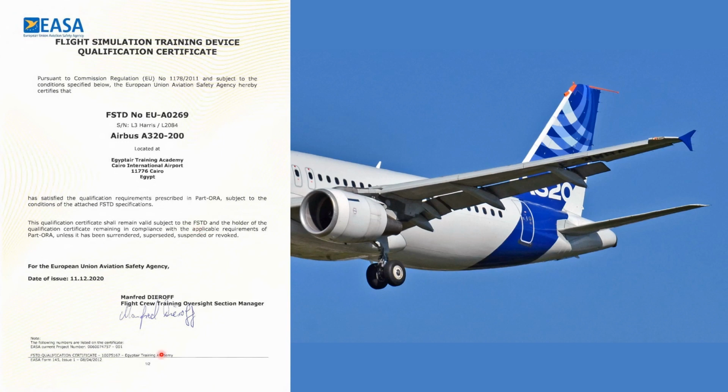Okay, and here itself you can see the European Union Aviation Safety Agency. So the certificate is provided by EASA, European Aviation Safety Agency. So we have seen who gave the rules for the program to be held. Who gives the rules? The rules are being scheduled by the Federal Aviation Administration (FAA)